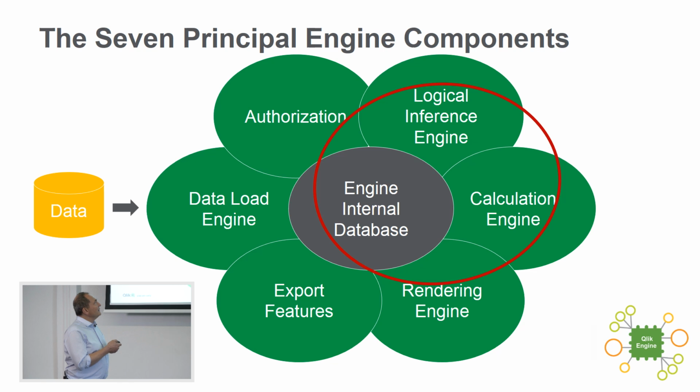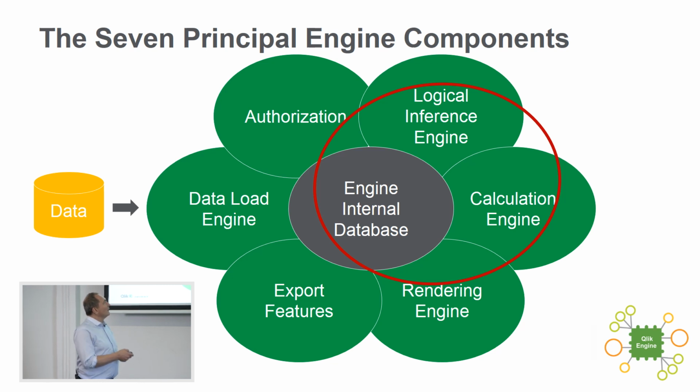Then we have the logical inference engine, which is what happens when you click. That's the green, white, gray. And then you have the calculation engine. That's the number crunching part. So whenever you have a bar chart that shows sum of sales or something, then the calculation engine has done